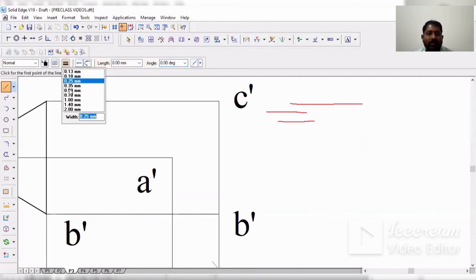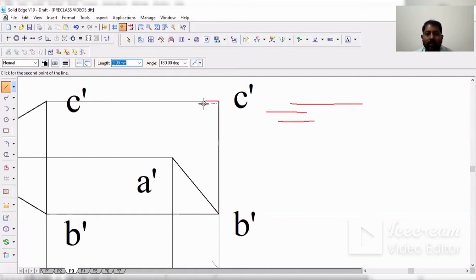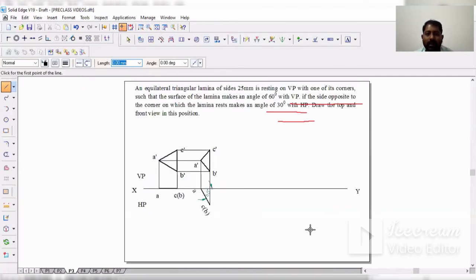Thickness of the line is 0.5. Once I zoom, it will be easy to connect A to B, B to C, then C to A. Then I'll do fit. Okay, this is your second position, second condition.